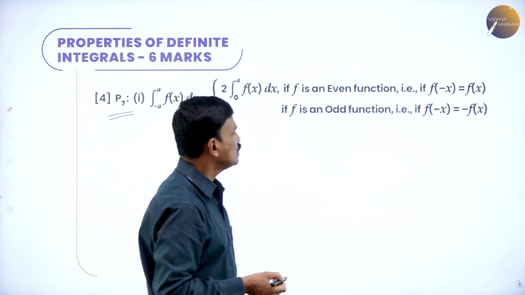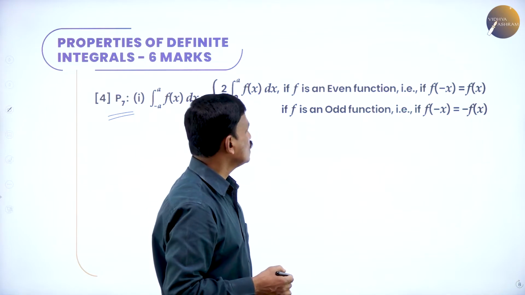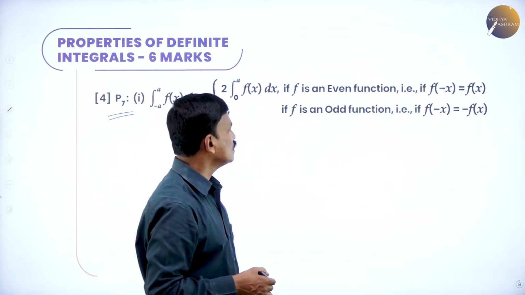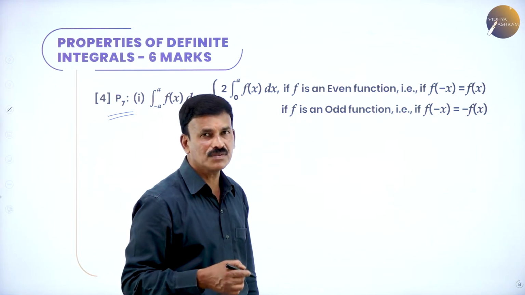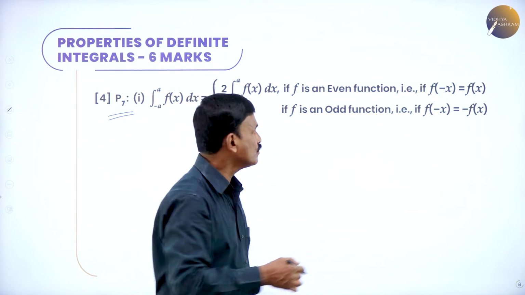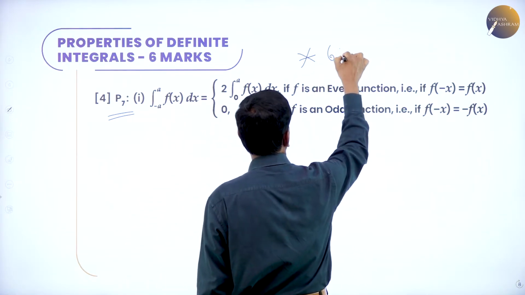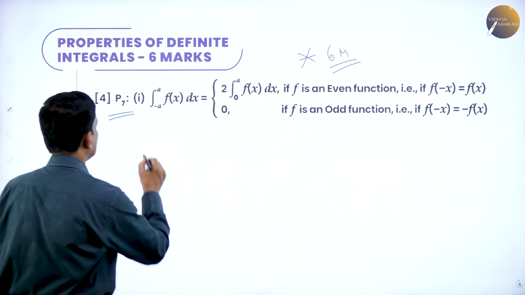That is, an even function means f of minus x is equal to f of x, and f is an odd function if f of minus x is equal to minus f of x. Same type of problem. This is also very, very important for 6 marks. Now, let us take LHS